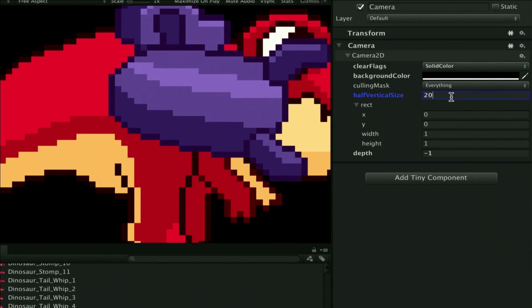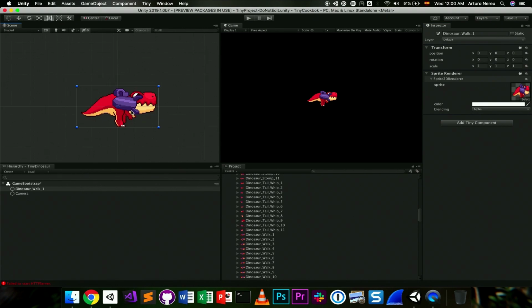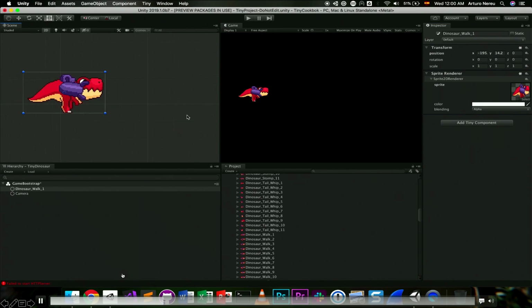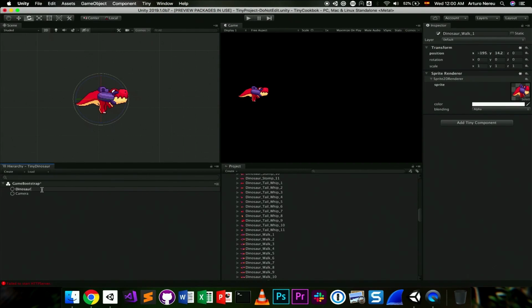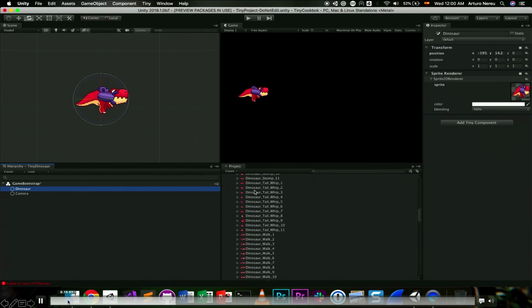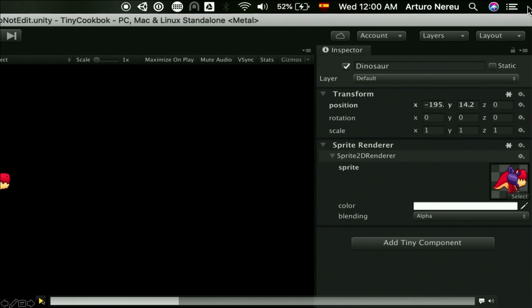I'm just changing the half vertical size of the camera just so I can have the dinosaur there. And we can see that our dinosaur contains some components out there. I was trying here to rename my dinosaur. There, success. You see here that as soon as I drag and drop this sprite into the hierarchy, I got